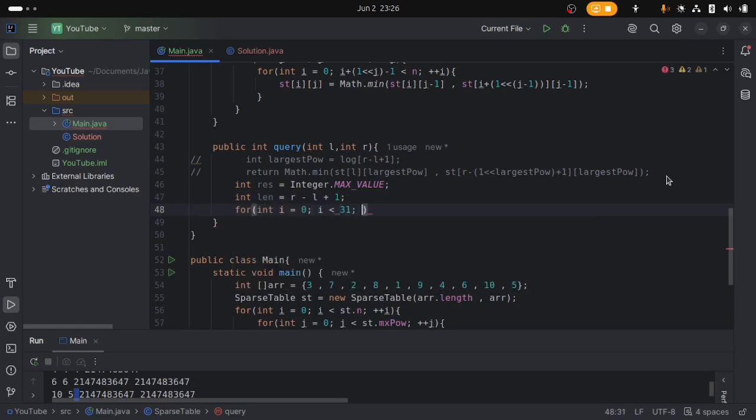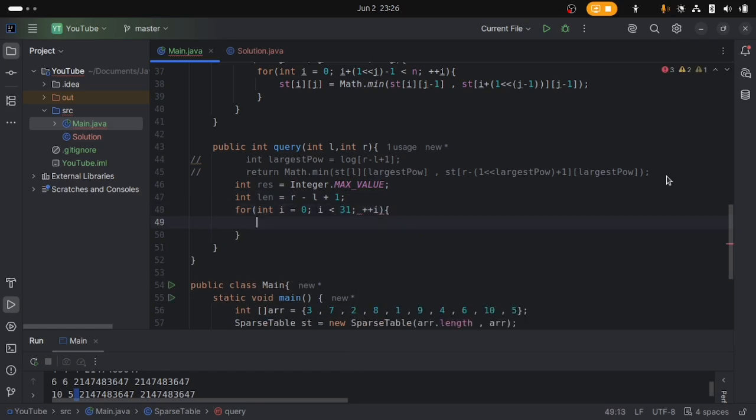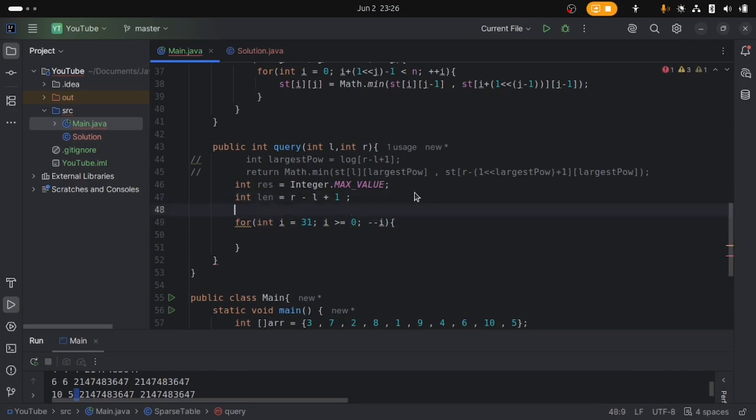less than 31 plus i. So now we will iterate over the bits, and even we need our index equals to l. We will start from bigger powers because we need to consider the largest power first, like we did while explaining the query part. So if you don't remember, please watch that part again. So your res equals to Math.min of res. First,